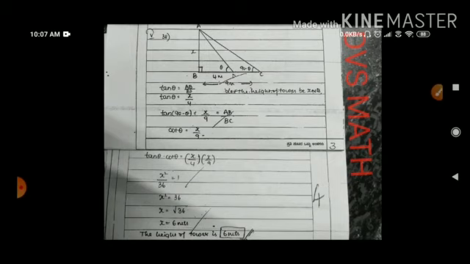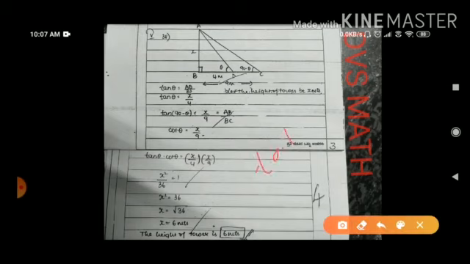As you know, tan theta into cot theta is 1, because they are reciprocal ratios, tan theta is equal to 1 by cot theta. So if you cross multiply these two, tan theta into cot theta, its value is 1. By simplifying it, you will get x is equal to plus or minus 6, but we won't consider negative, only positive. So the height of the tower is 6 here.